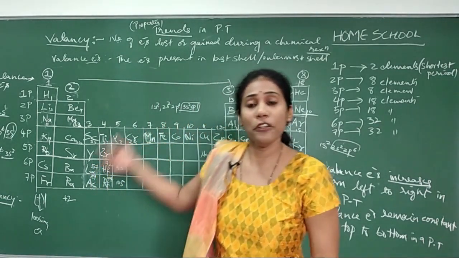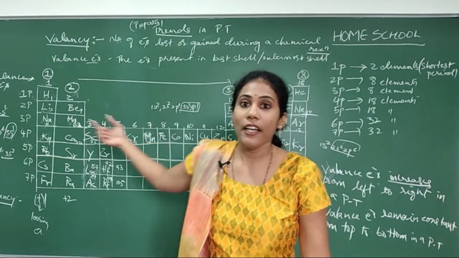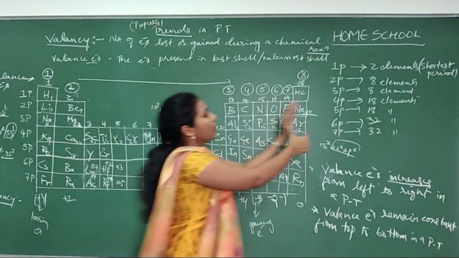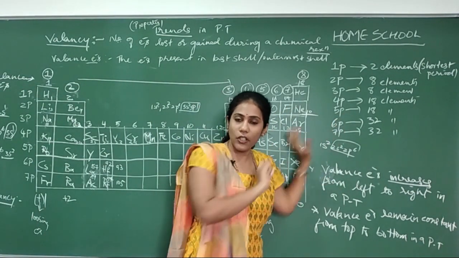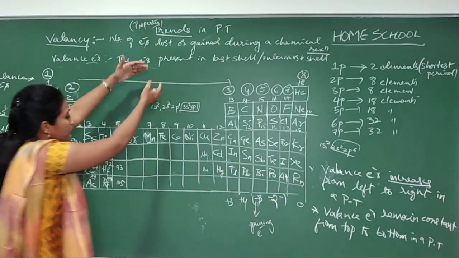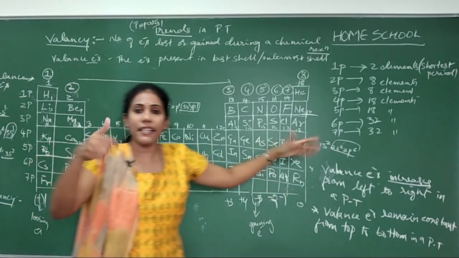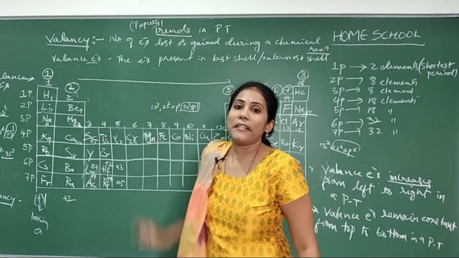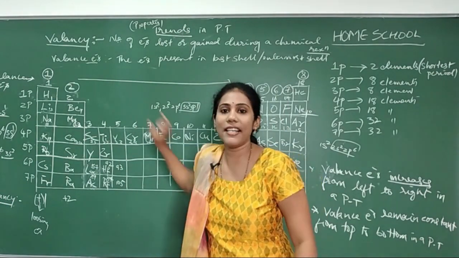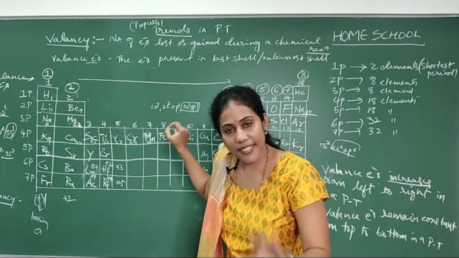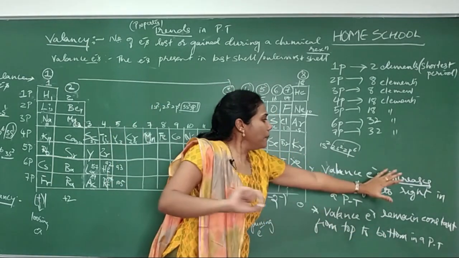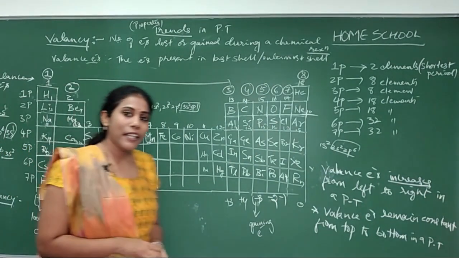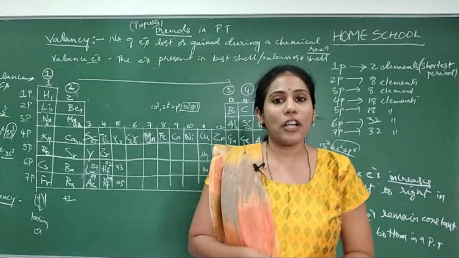Which property did we speak about? Valence electrons. Okay, what is the trend? The trend is this only. If you move from left to right, what will happen for the property? Is it increasing or decreasing? If you move from top to bottom, what is happening for the property? Increasing or decreasing? This is what we call trends. Trend in a property. Which is the property? Valence electron. What is the trend? It is increasing from left to right and remaining constant from top to bottom. So this is a very important concept, guys.